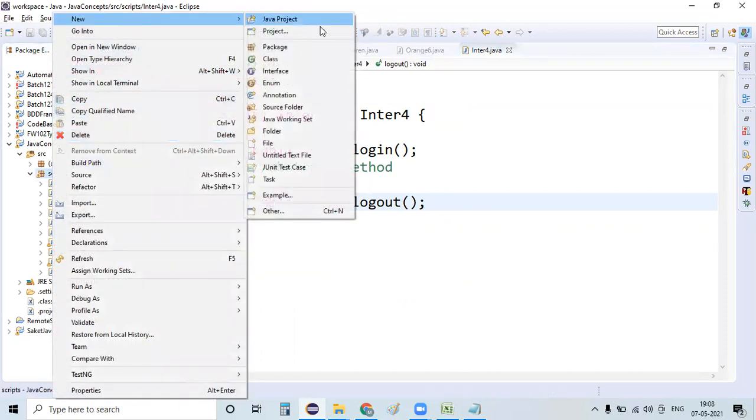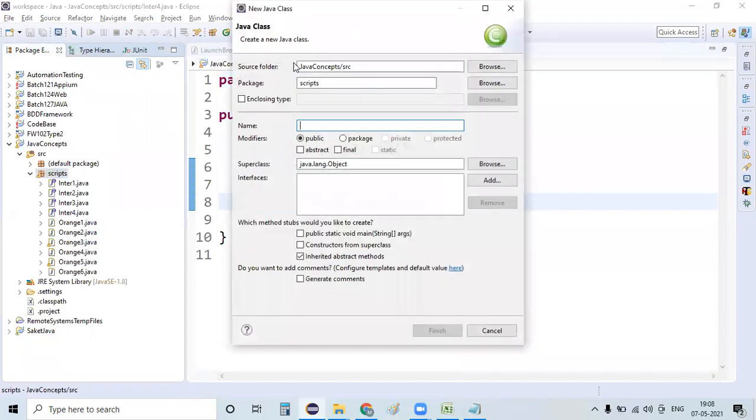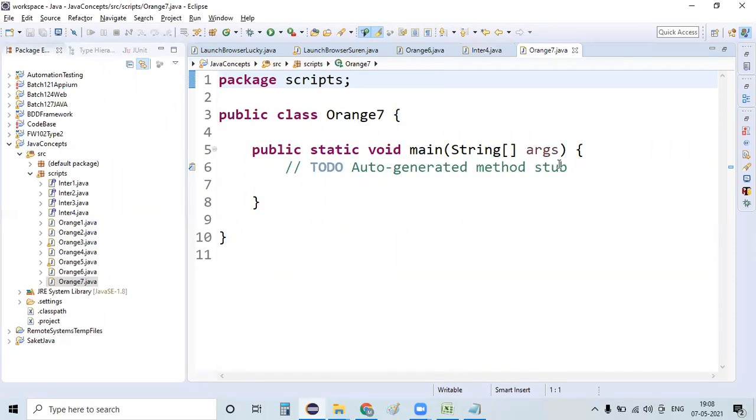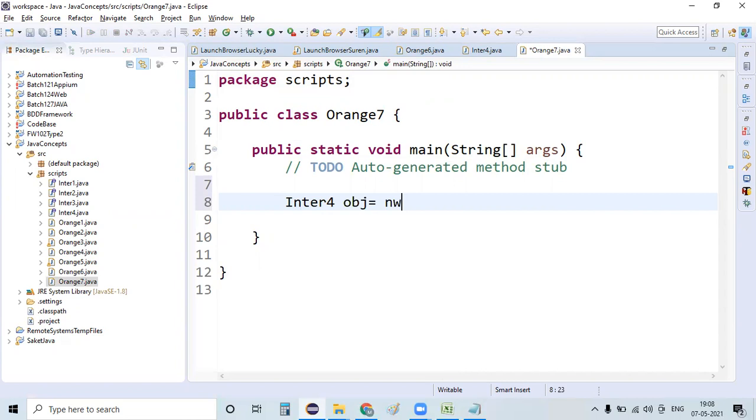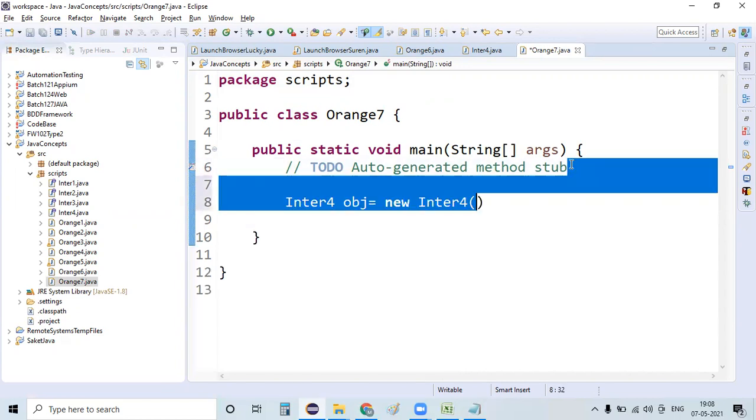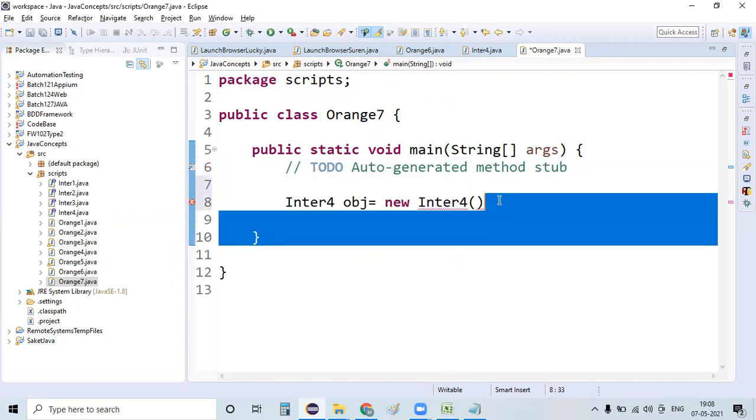Now I'm creating one more class, Orange7, with a main method again, and let me try to create an inner class that will implement these interface methods. So Inter4 obj is equal to new Inter4, right? This is what I have provided.